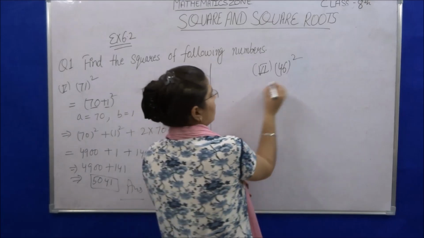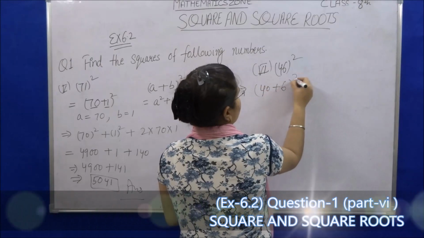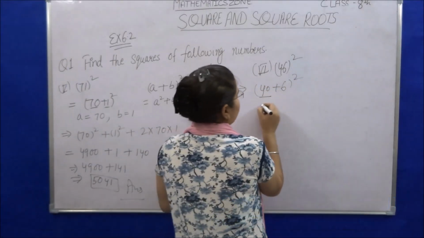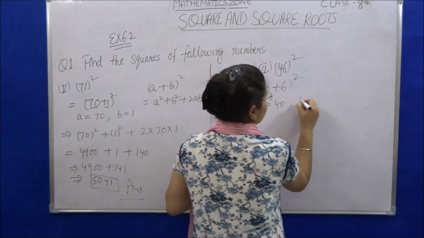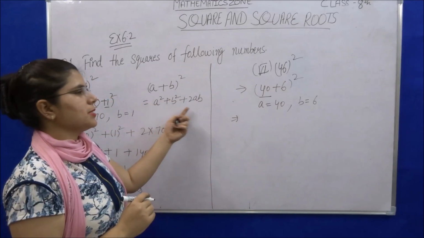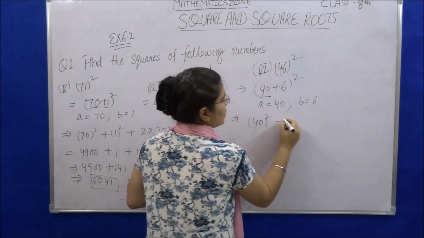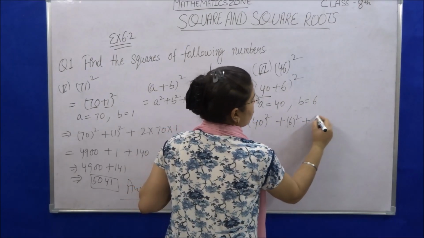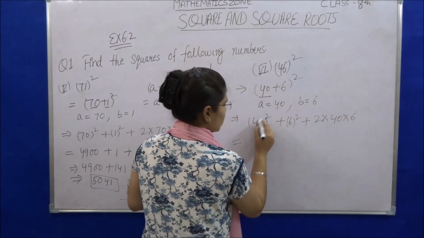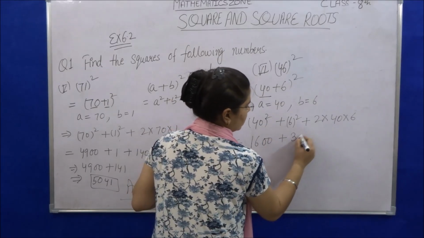Now next is 46 square, which can be written like (40 plus 6) square. Again using this algebraic identity we will apply here. A is 40, B is 6. Now (a plus b) square will be equal to a square plus b square plus 2ab. So a square will be 40 square, b square will be 6 square, 2ab will be 2 into 40 into 6. That will be 40 square will be 1600, 6 square will be 36